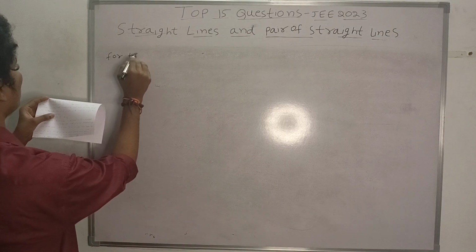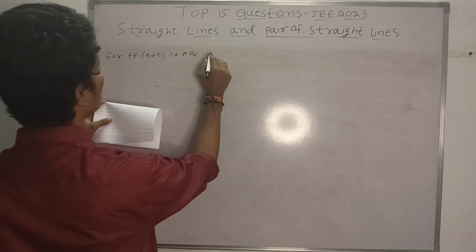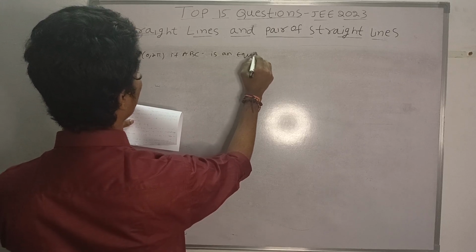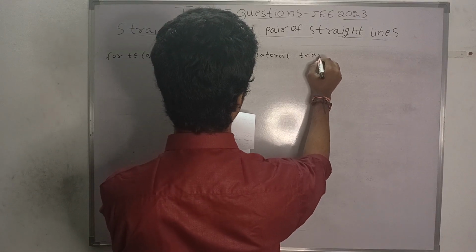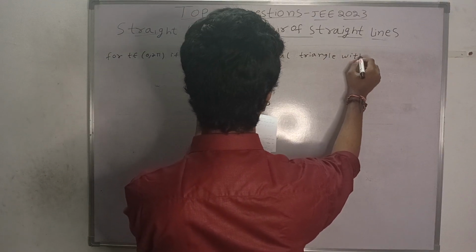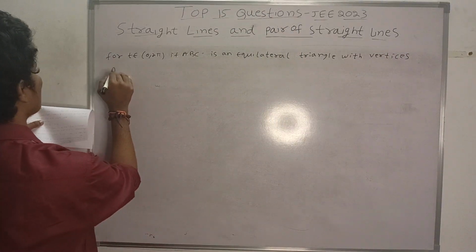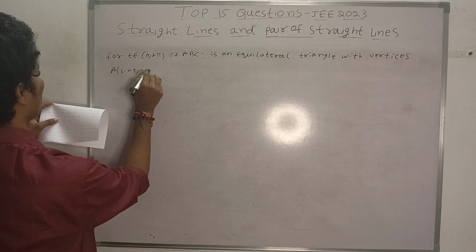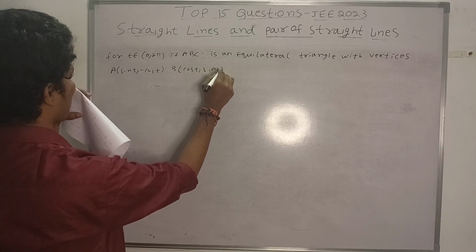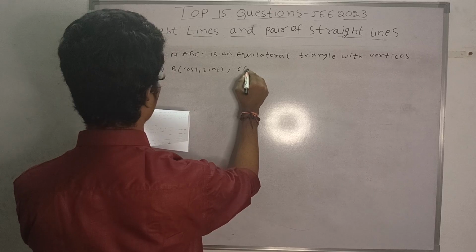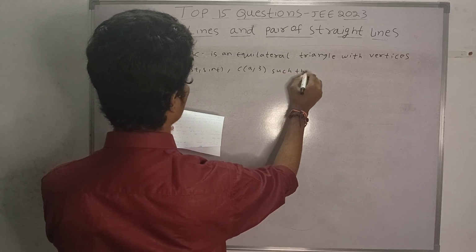The next question is, for t belonging to 0 comma 2 pi, if ABC is an equilateral triangle with vertices A, sin t comma minus cos t, and vertex B, that is cos t comma sin t, and vertex C has a comma 3, such that